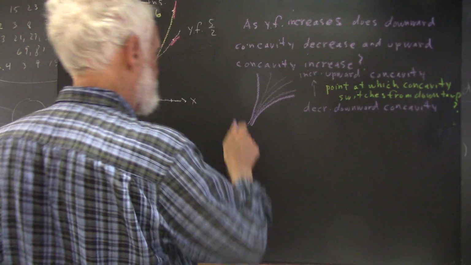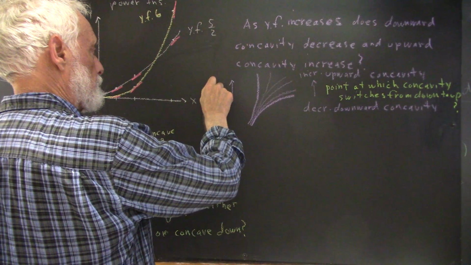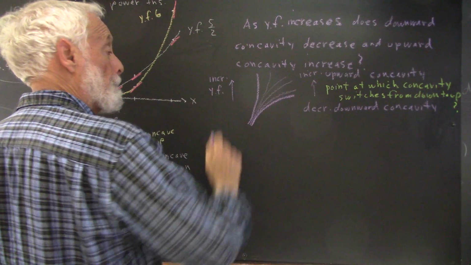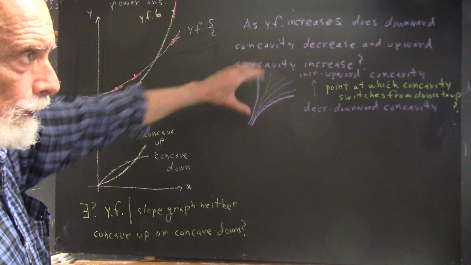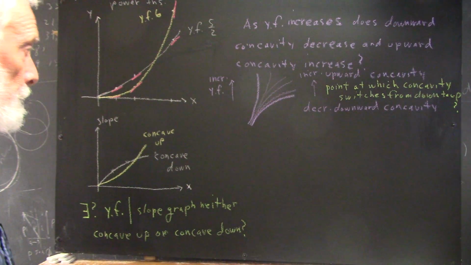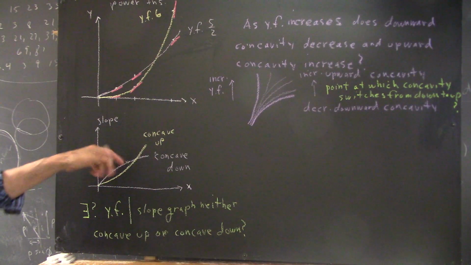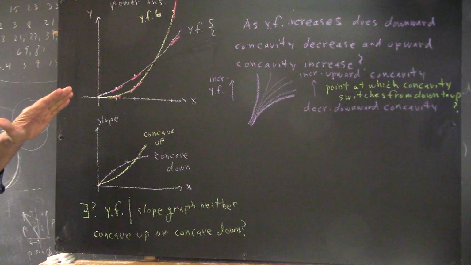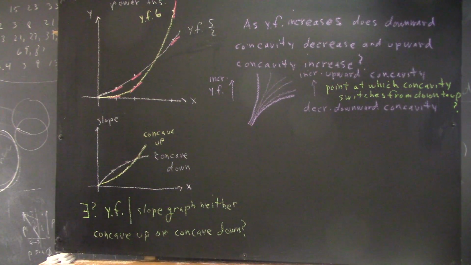Assuming, of course, that this is increasing y factor, and this represents the slope graph. I don't have room to write all that in, but let's let that be understood. If so, then if the downward concavity becomes less and less until at some point you switch from downward to upward concavity, and then the upward concavity keeps increasing,